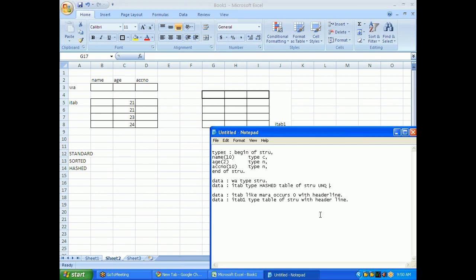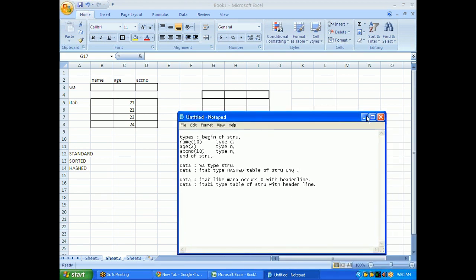You need to give the unique key syntax here; otherwise a hashed internal table cannot be declared. So a hashed internal table strictly takes this unique key format, and speed is higher and more reliable. And there is something called index. Please make a note: a hashed internal table will follow index-based access.